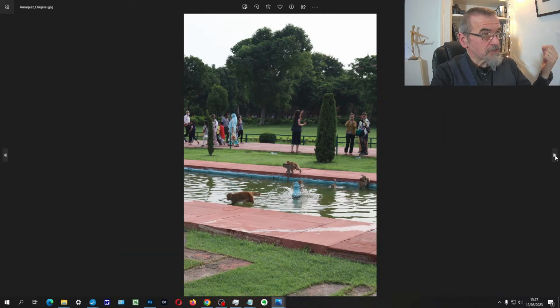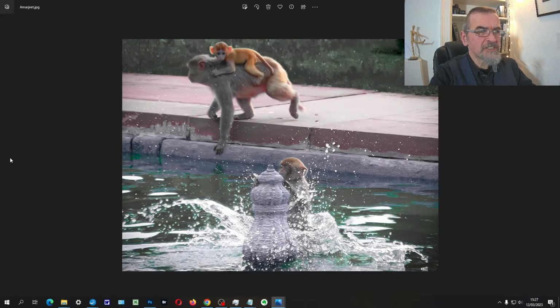This is the original version. So we can see that the crop has been cropped in very, very close indeed. The original photo here is 6,000 by 4,000 pixels, I think, so it's a 24 megapixel photo. But it's cropped in so close, it's 1,000 by 800. So it's tiny. It's barely a 1 megapixel photo, the edited version. So you've gone from a 24 megapixel photo to a 1 megapixel photo,